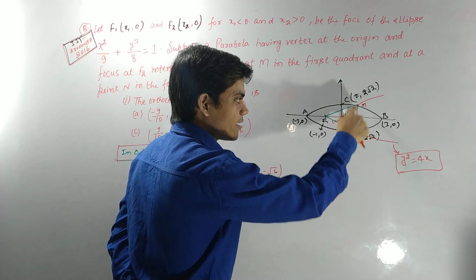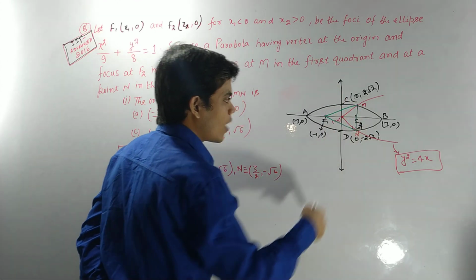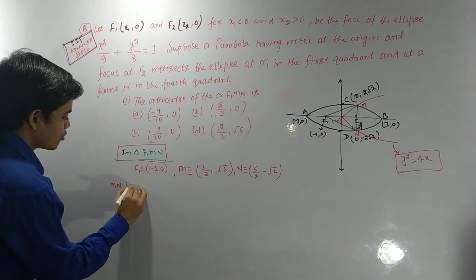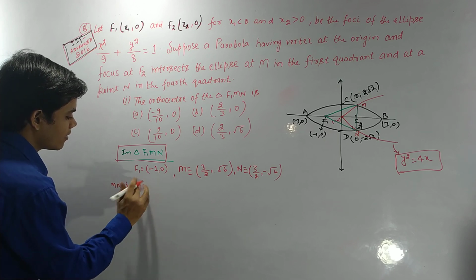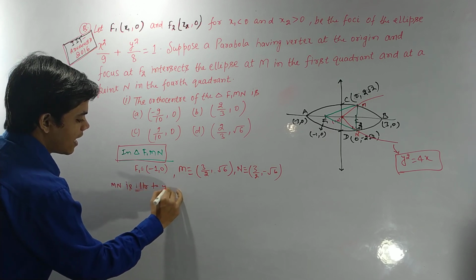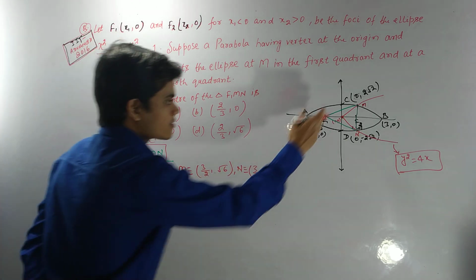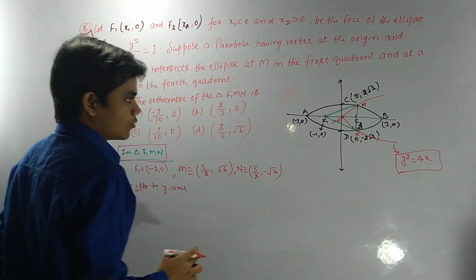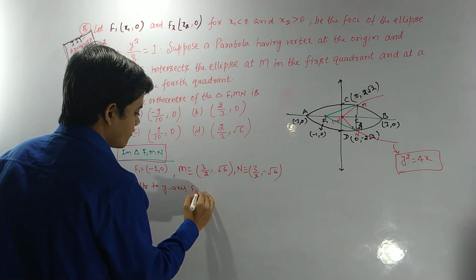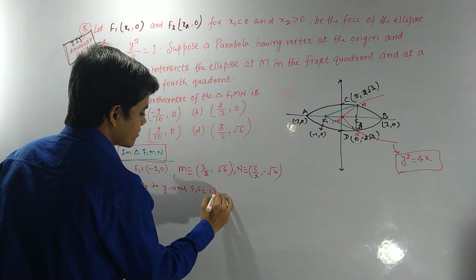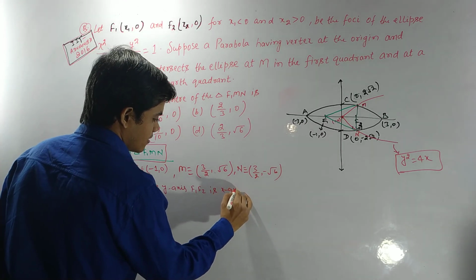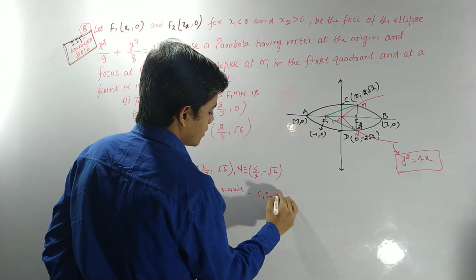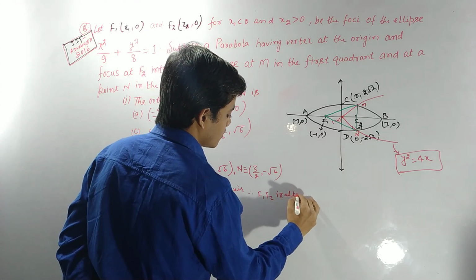MN is parallel to the y-axis, and F1F2 is the x-axis. Therefore, F1F2 is